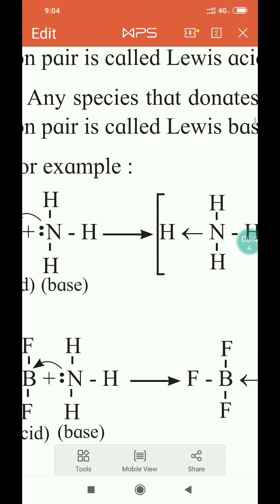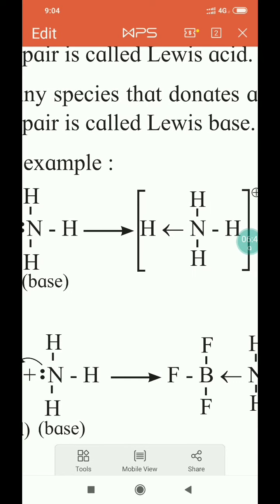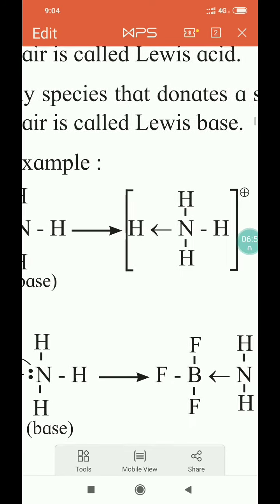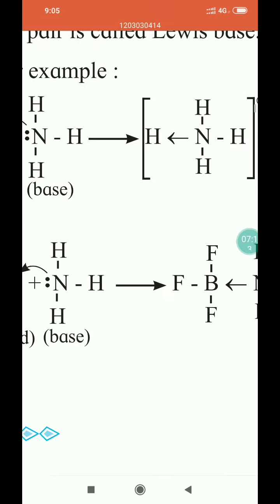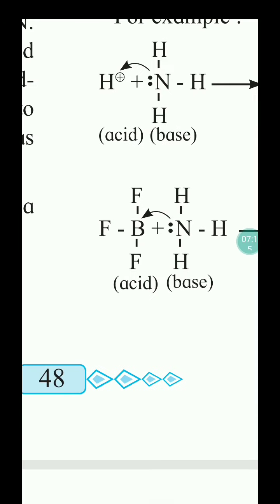So in the formation of this coordinate bond, in the formation of a coordinate bond, the lone pair acceptor is called an acid, and the lone pair donor is called a base. Another example is coordinate bond formation in neutral molecules like BF3, boron trifluoride,